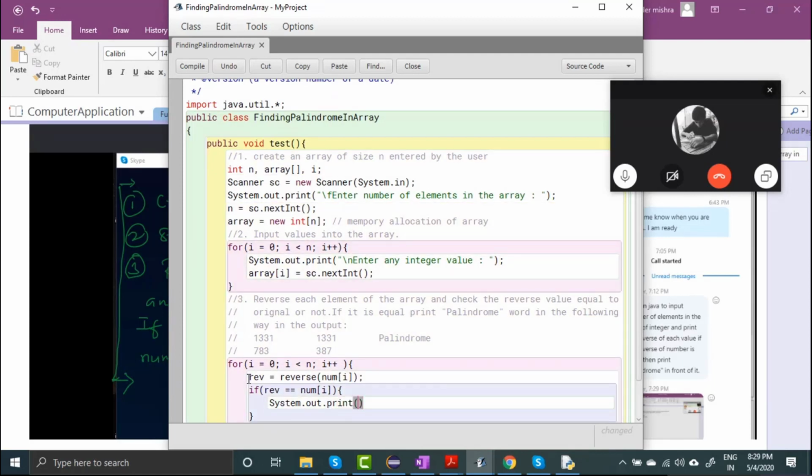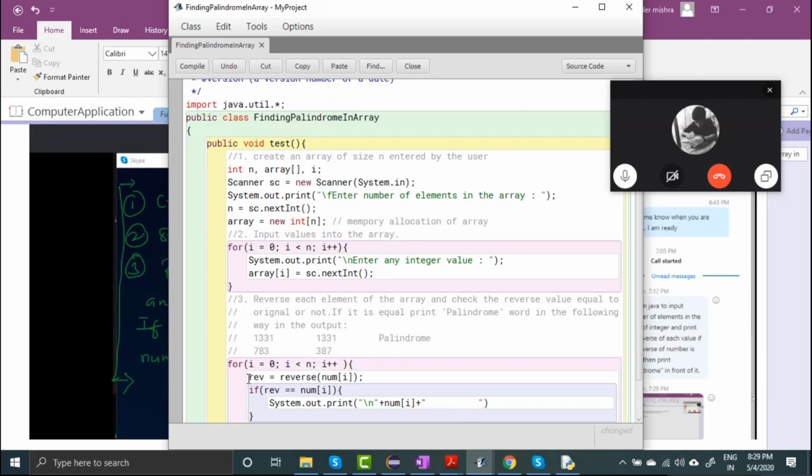So first I will print the number, num of i. Every time before printing, I have to change the line. Then I have to print the number, then give a certain amount of spaces as I said. Give 10 spaces: 1, 2, 3, 4, 5, 6, 7, 8, 9, 10.